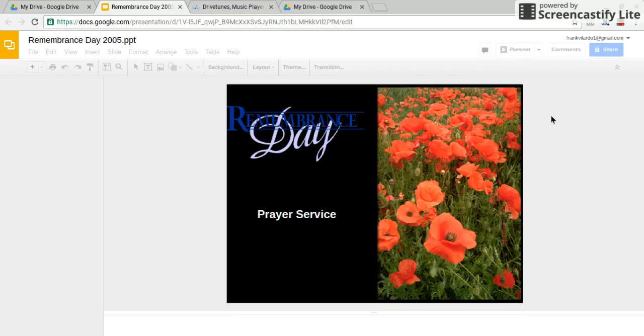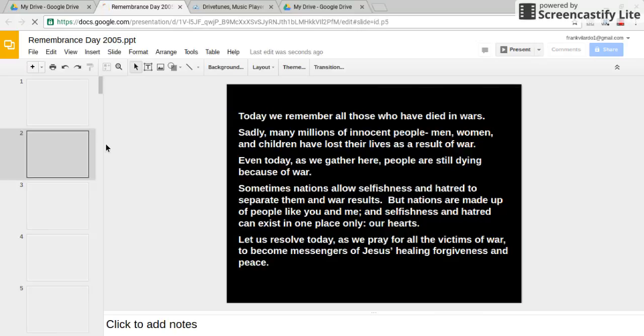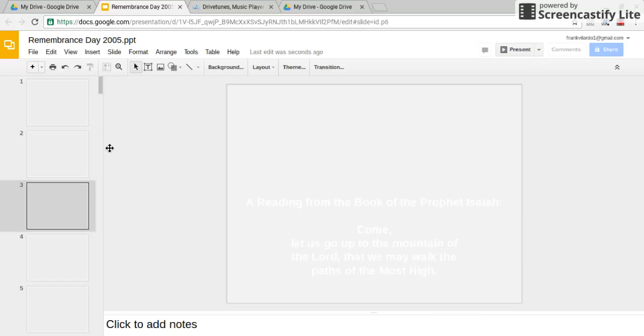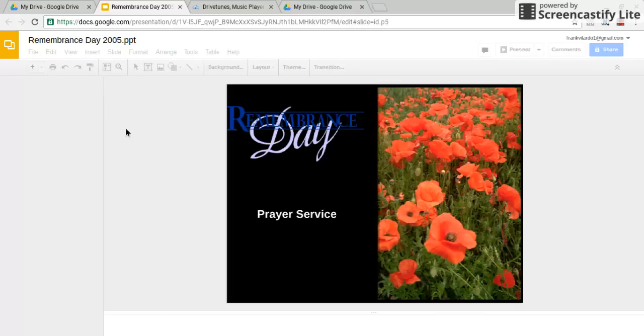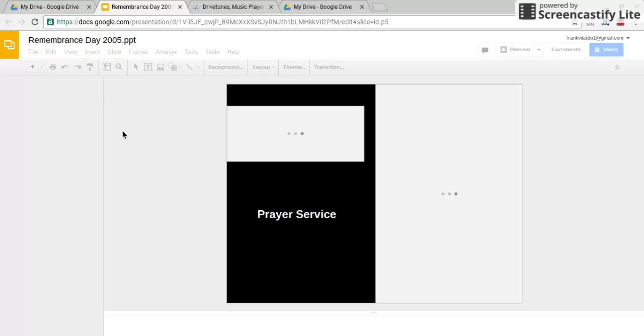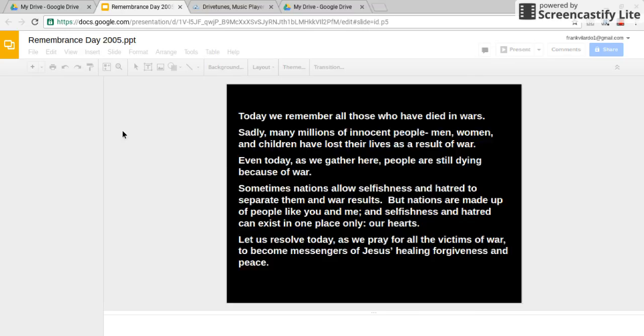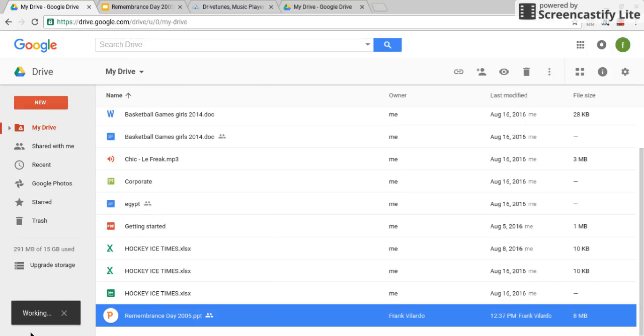So let's just see if it did that. There we go. It is converting, and because it's a large document, it's going to process this one slide at a time, and it'll eventually get all the slides in because this is a rather large PowerPoint. So in the meantime, while this is completely downloading,